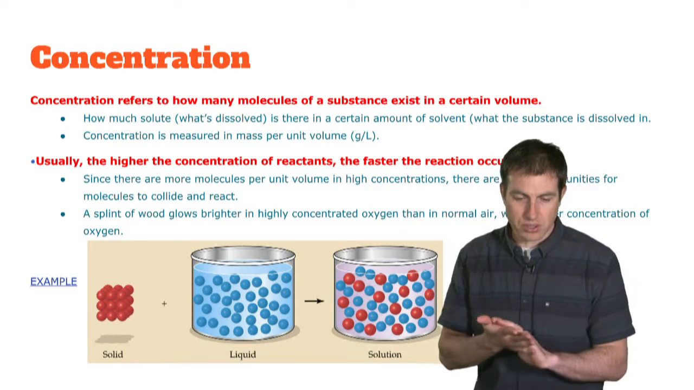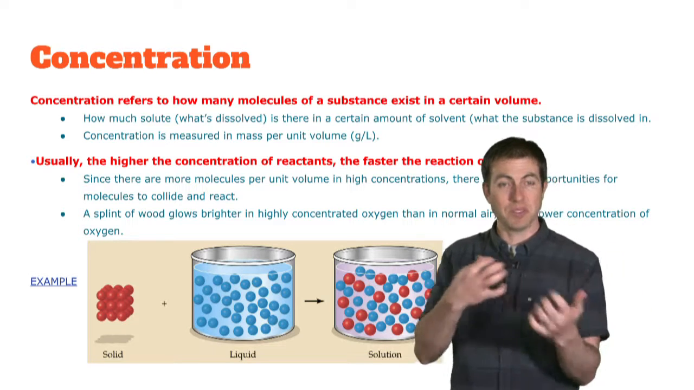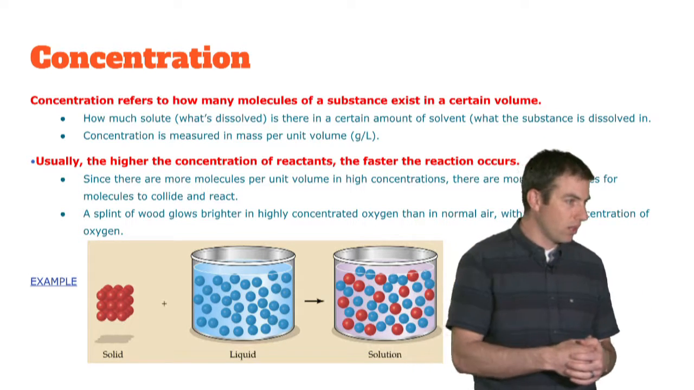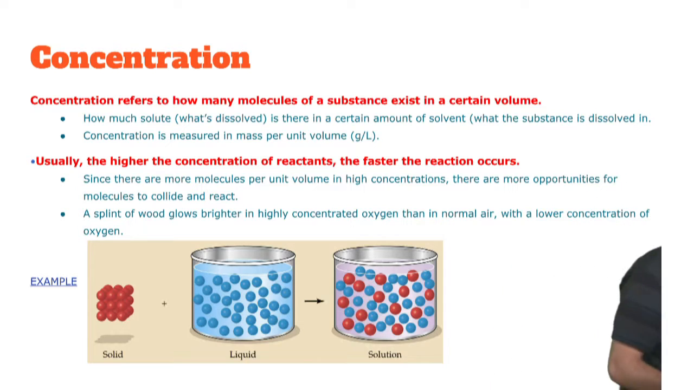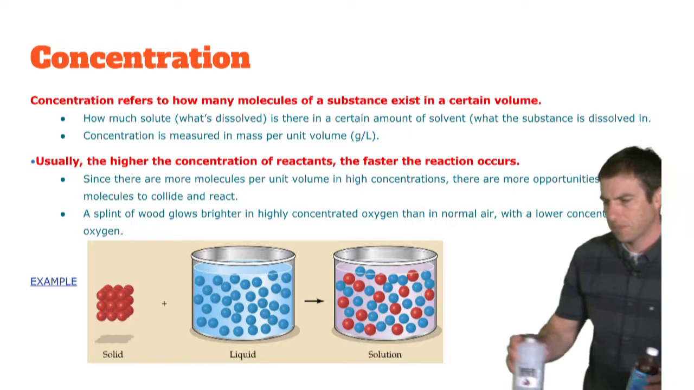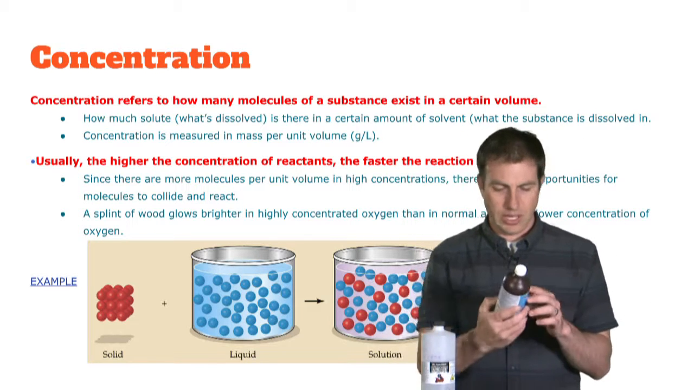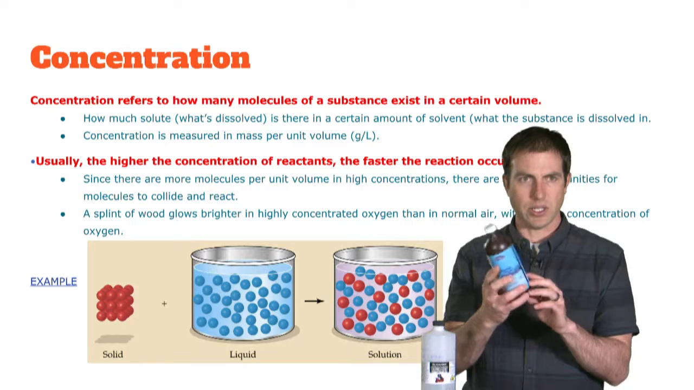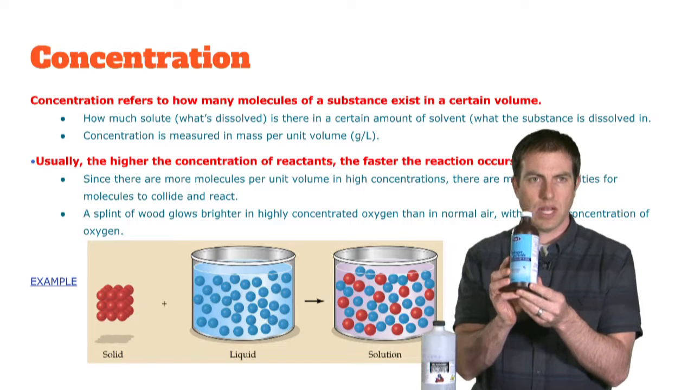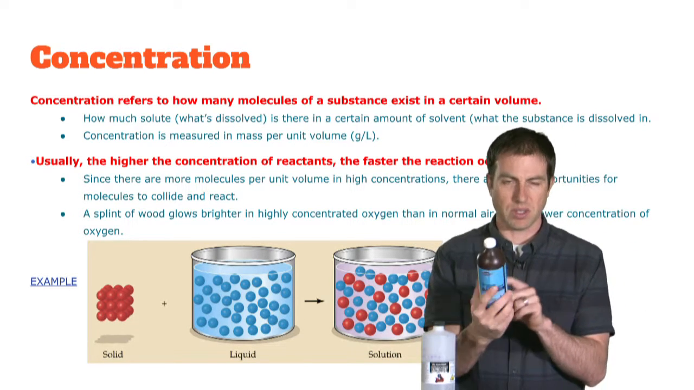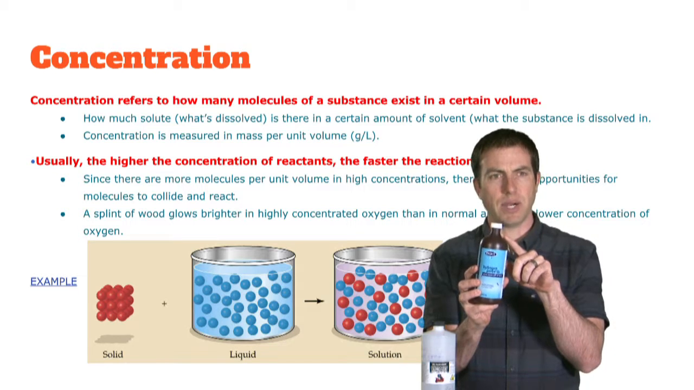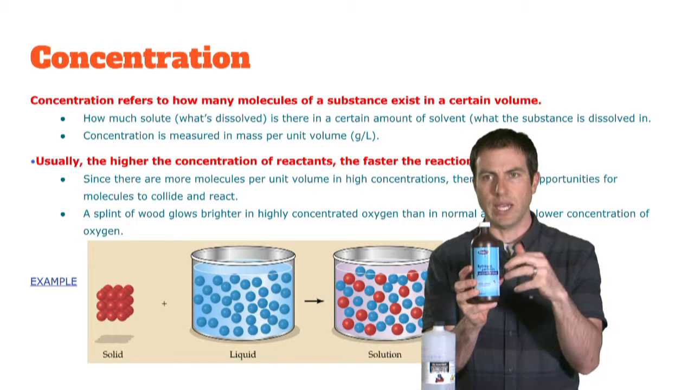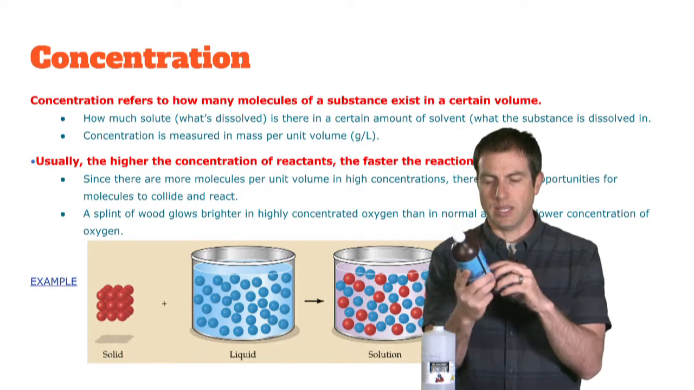So the higher the concentration, the faster the reaction occurs. It just means there's more stuff there to react. So the example, I do have it here. When I talked about hydrogen peroxide the other day, I said, do you have hydrogen peroxide in your house? And this is what a bottle of hydrogen peroxide in your house probably looks like, something like this. They put it in this brown container so light can't get in. And this